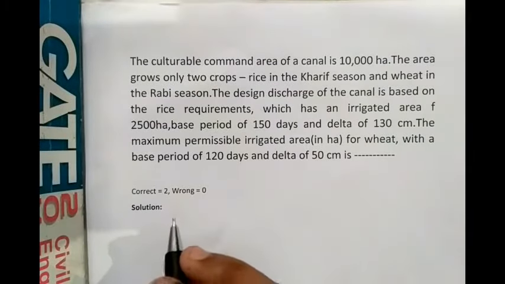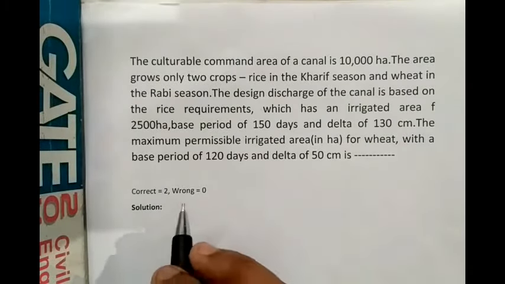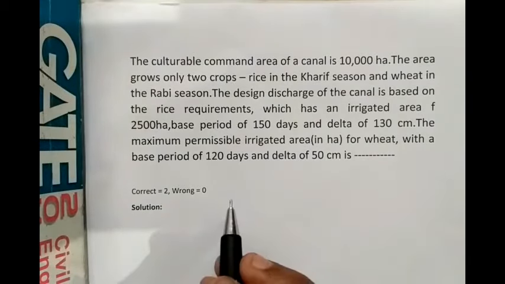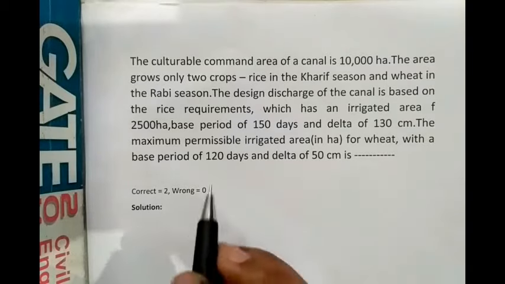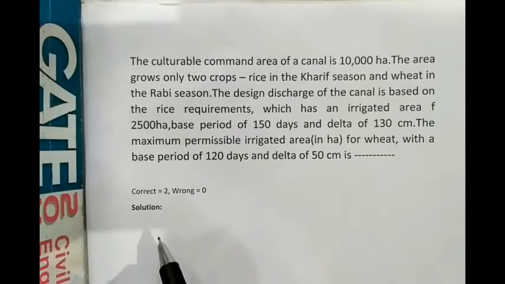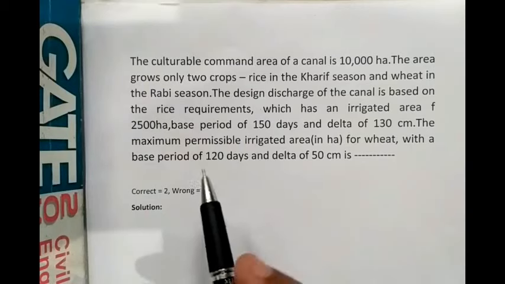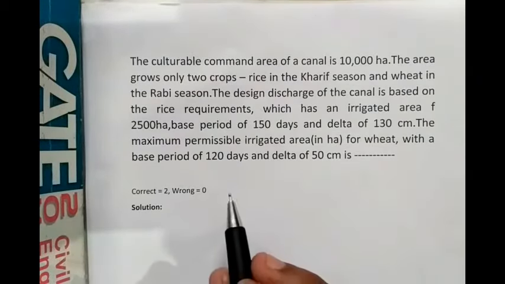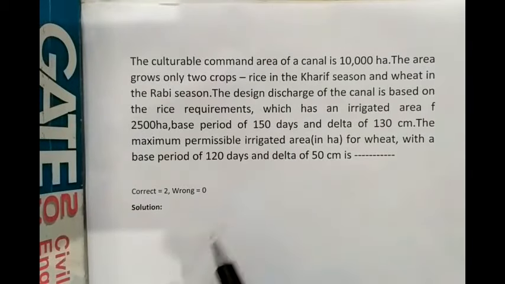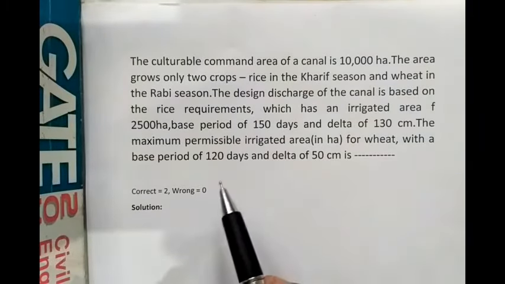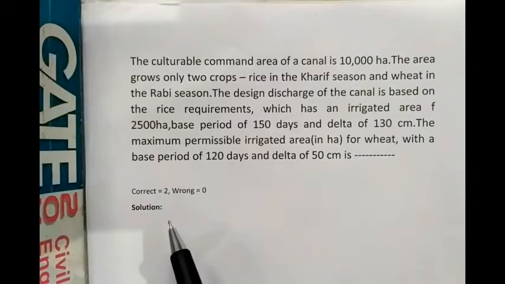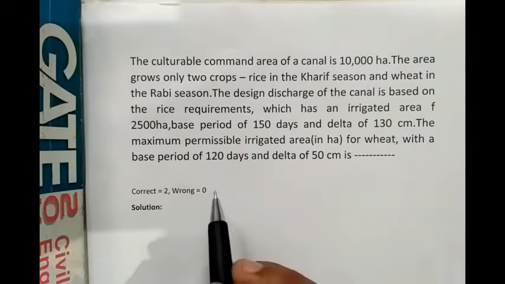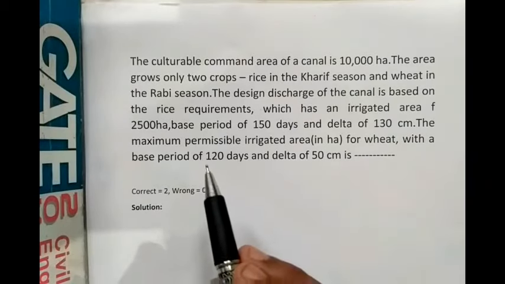Hi friends, this is a 2 mark question, and for a wrong answer you will get 0 marks. This is basically from irrigation. The question is: the cultivable command area of a canal is 10,000 hectares. The area grows only 2 crops, rice in the Kharif season and wheat in the Rabi season. The design discharge of the canal is based on the rice requirements and it is important